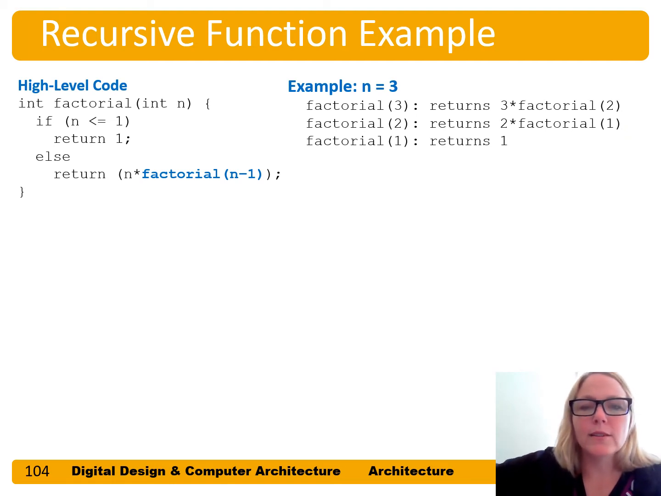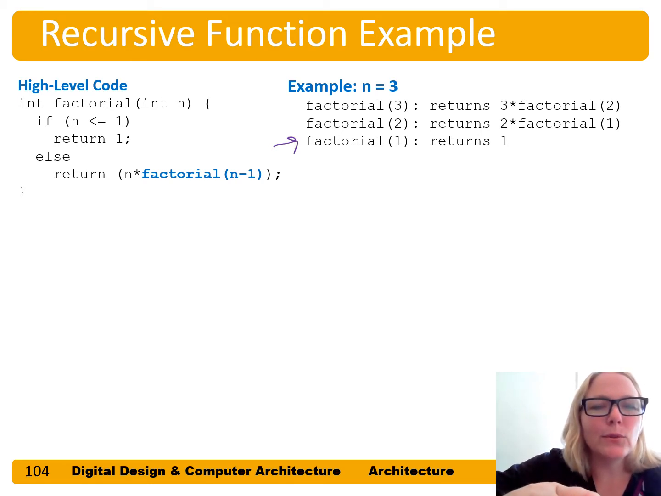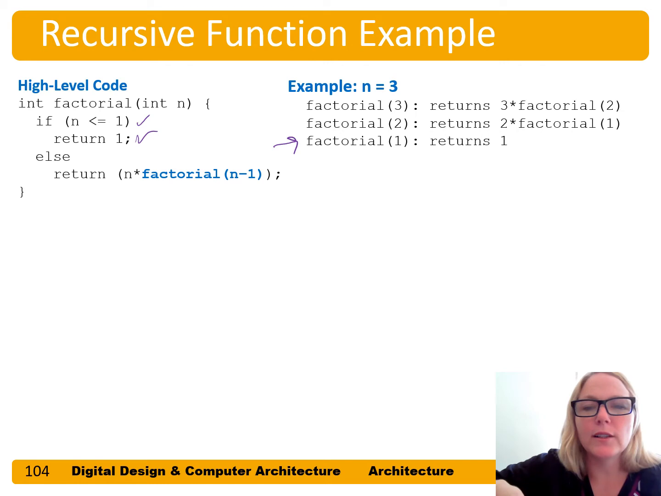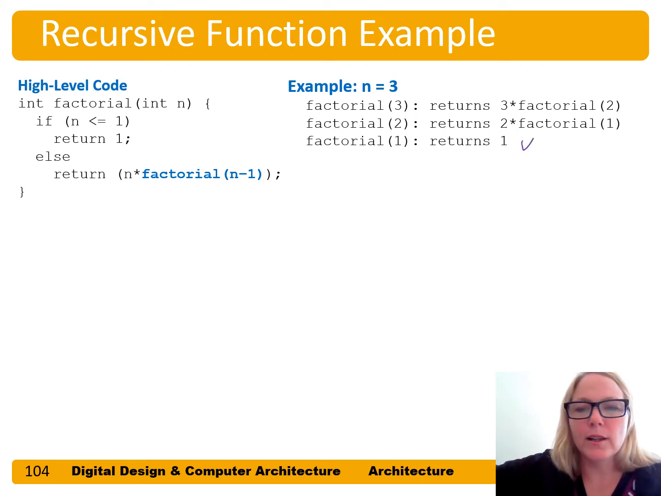So factorial of 1 is called, and we need to calculate that. Finally, we stop the recursion. Recursion has to stop at some point, because n is equal to 1. It gets into that if case and says, hey, I don't need to call factorial anymore, just return 1. So factorial of 1 returns 1 to